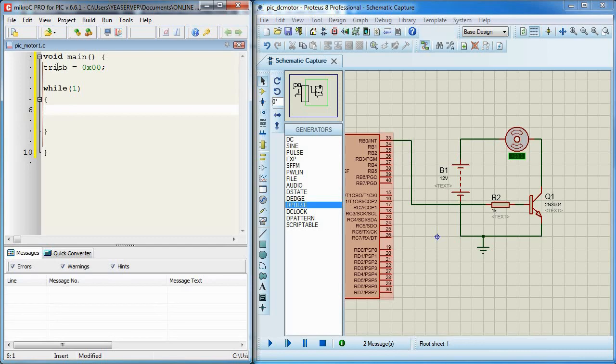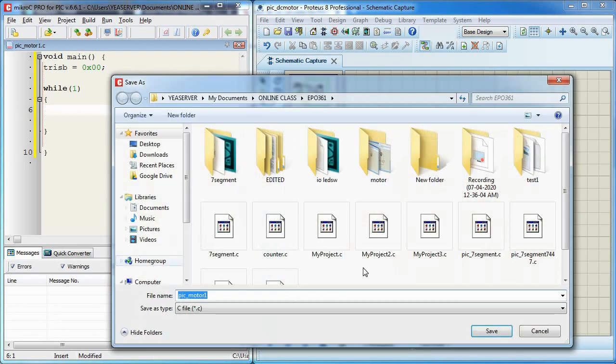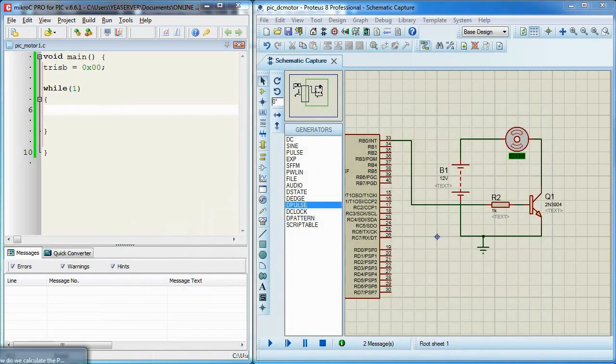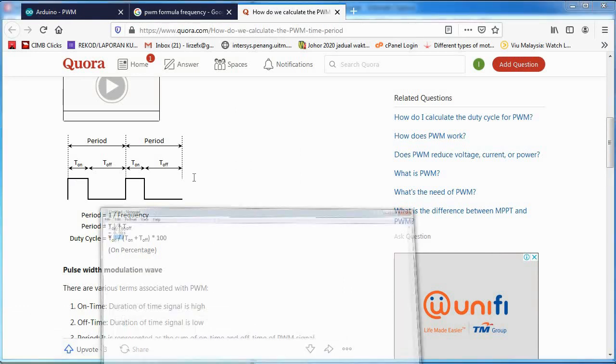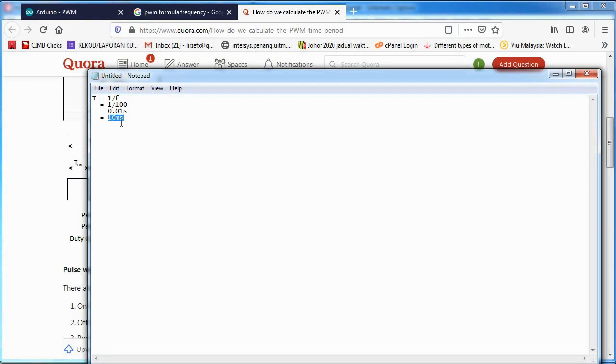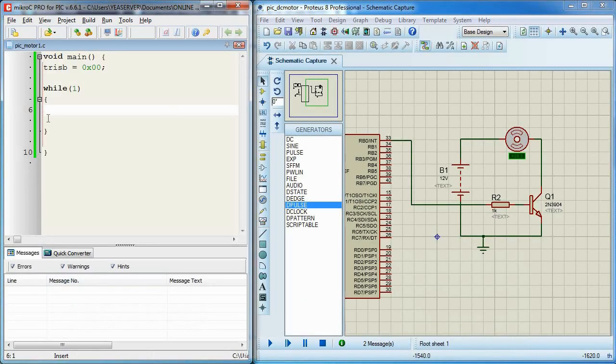Okay, so now we must turn on the signal for, let's say I want to produce 50% duty cycle. 50% of 10 millisecond is about 5 millisecond. So what I should do is PORTBbits.RB0 equal to 1, turn on the signal, and __delay_ms(5) only, and then we